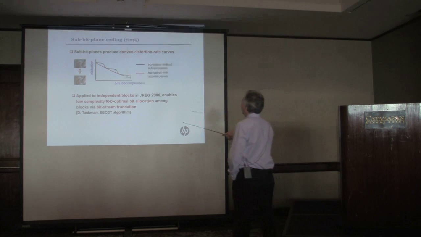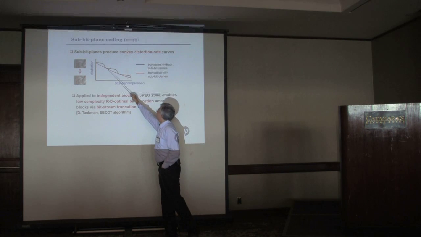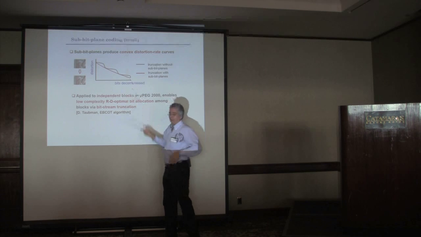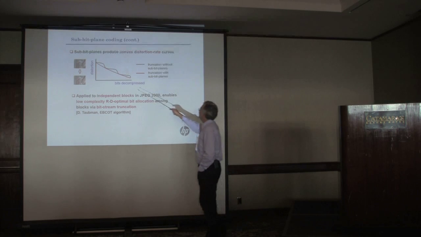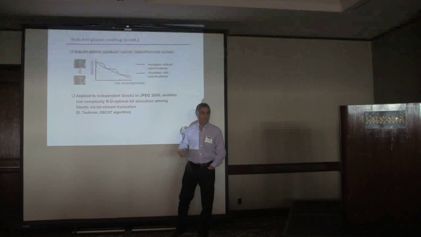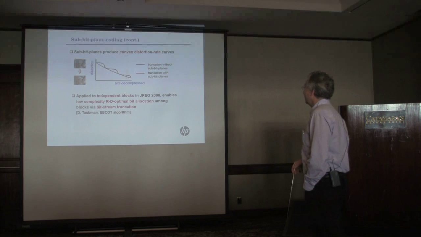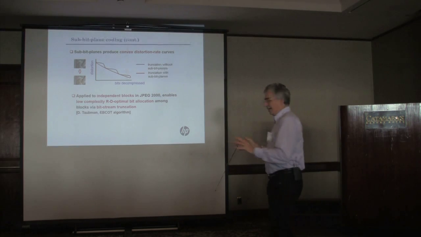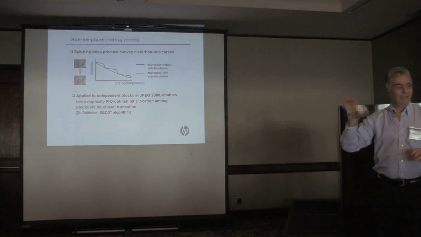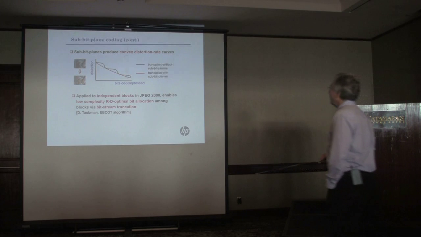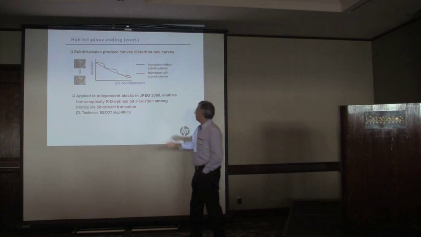The black curve is the D versus R that you would get with bit plane coding. At the end of each bit plane, we do the same because we send bit plane by bit plane. But in the middle, what we get now is a much more convex curve, which dominates the one that you would get with bit plane coding. And the nice thing is that this goes together with other features of JPEG 2000, where you encode block by block, and then you do rate distortion optimization.